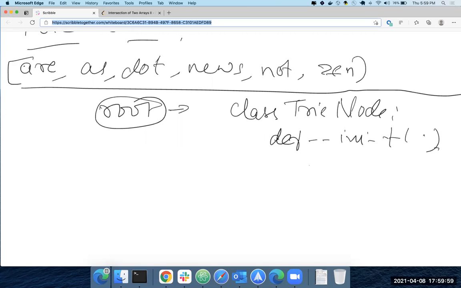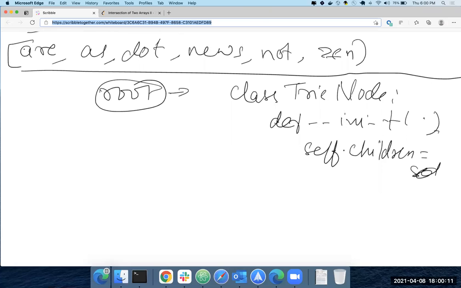I'm going to give it some properties: self.children equal to a hash map, and self.character equal to character. I think that's all for now.